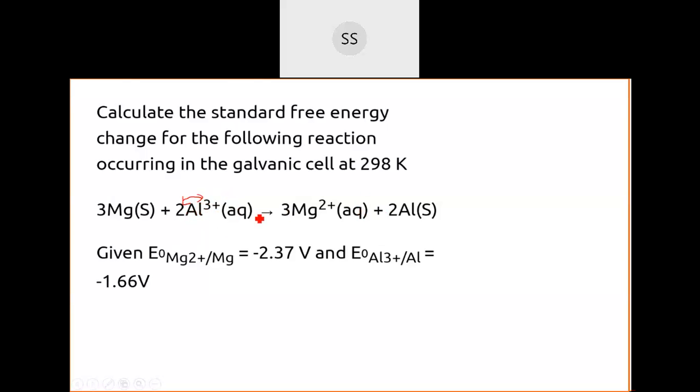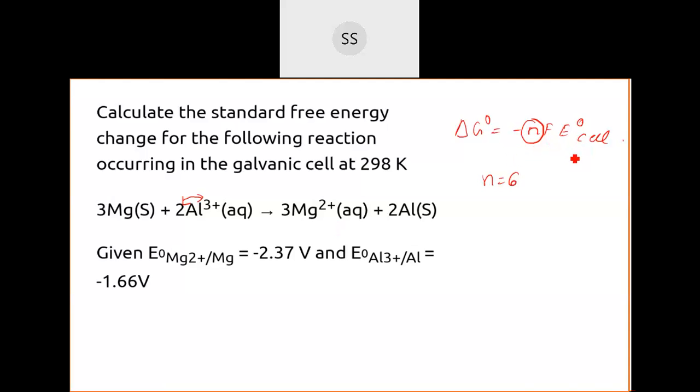Very good. So n value is equal to 6, because 2 times 3 is 6. I hope it is clear. Now, what are the things which we require? According to the equation, delta G naught is equal to minus nF E naught cell. The n value we got from the equation. Faraday's constant is not given to you, so you need to remember it. Some constants in the problems they don't give, so it's better if you remember.